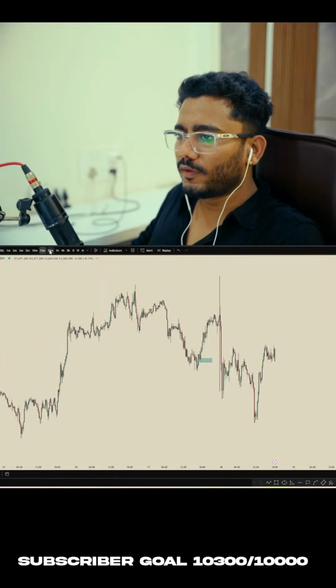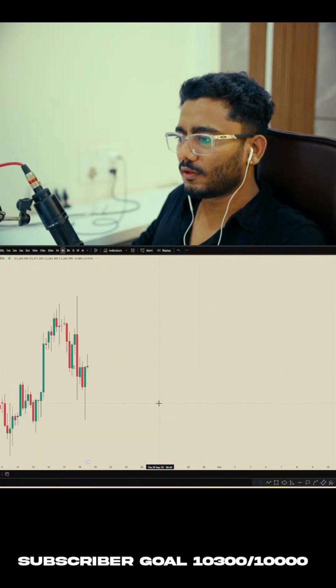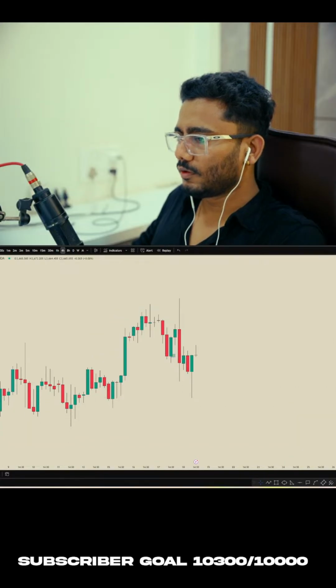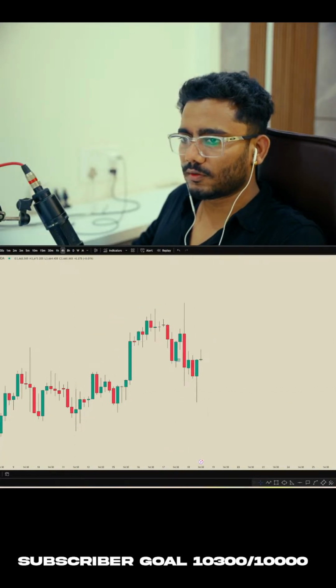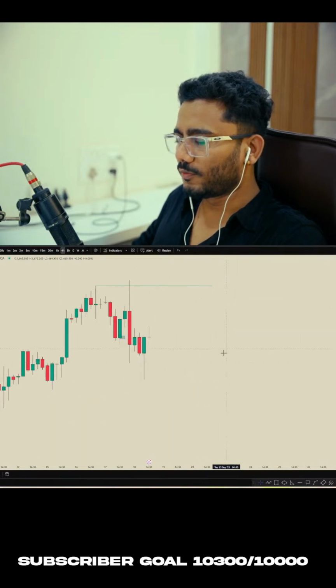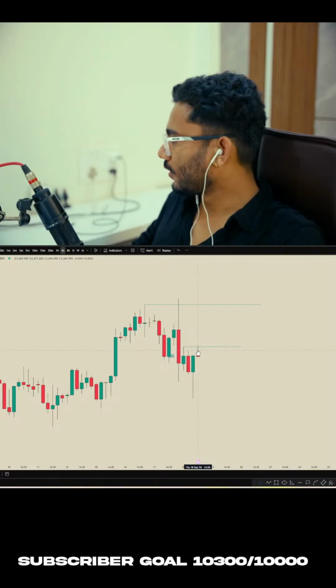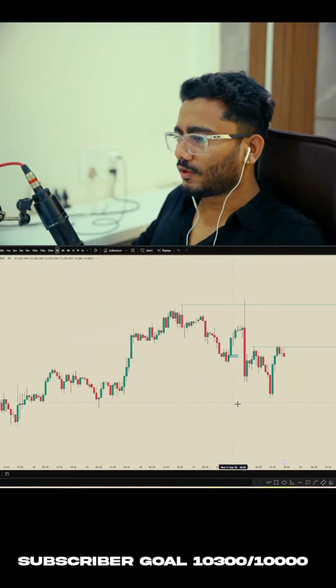So right now on gold, we can see price has swept this liquidity. If you go to 4 hour, look at this candle. On the 4 hour, price took out the liquidity from this high, and this is very different from this one. So I think price should take out these highs and then it should continue to the downside. I think after a week,